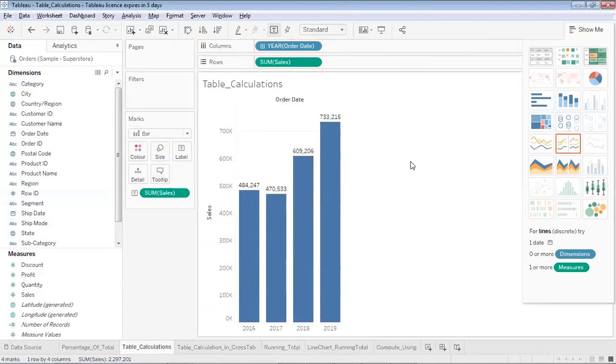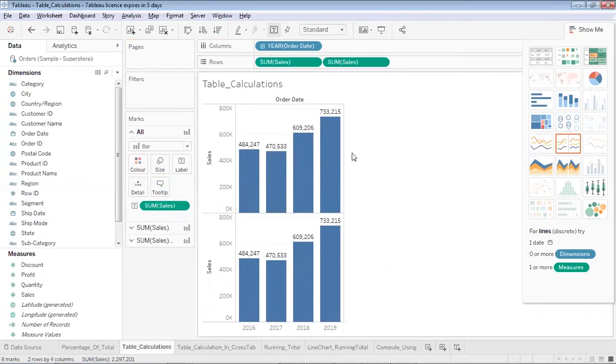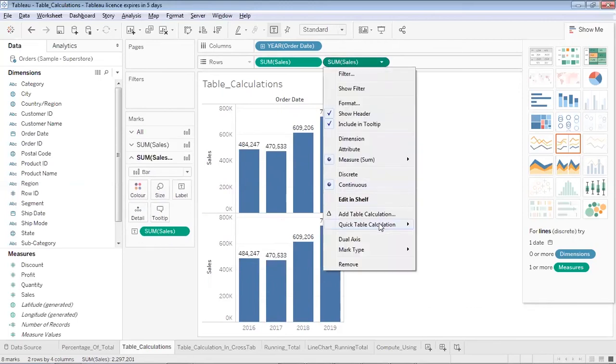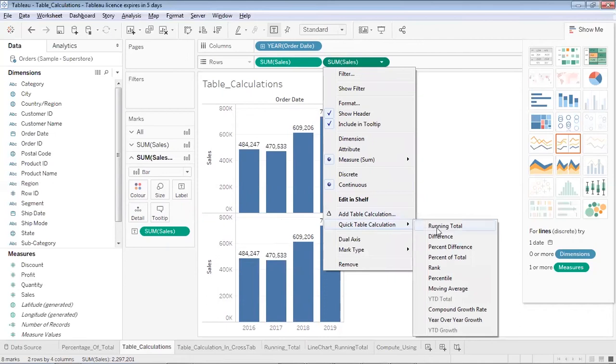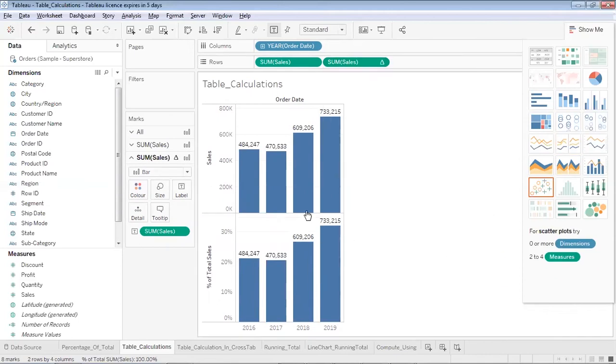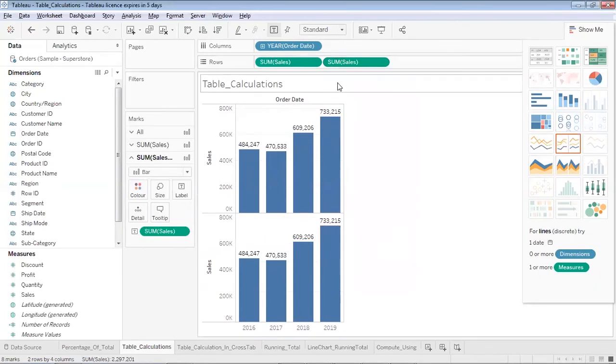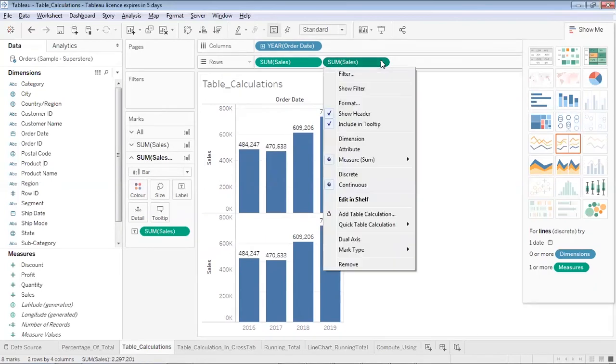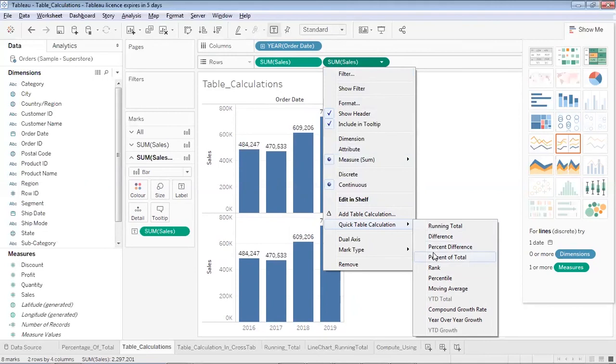Now if I would also like to plot the sales in terms of percentage just below this, what I'll do is pick sales again and place it next to the sales. I again get this value, but since I have to convert it into a table calculation, I'll go over here to quick table calculation, and now I can select percentage of total. So this will convert it into the percentage of total for me. It's taking some time to convert. Let me clean the previous one. Went over here into quick table calculations, percentage of total.